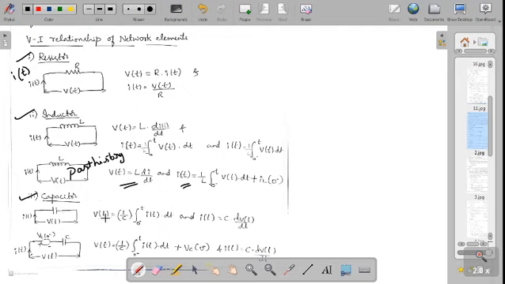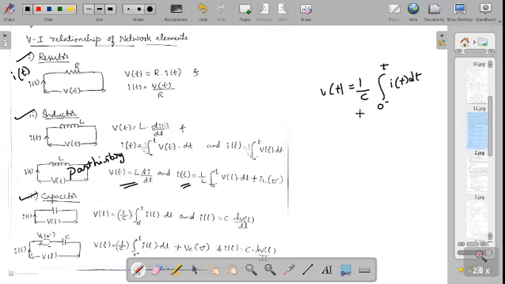So the equation for this is V of t equals 1 by C into integration from 0 minus to t,